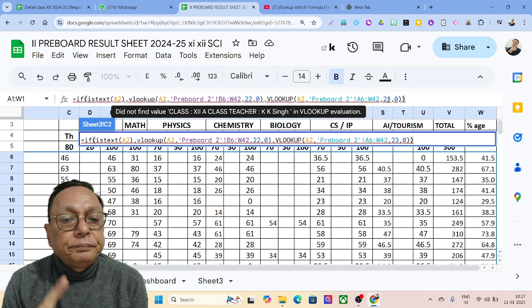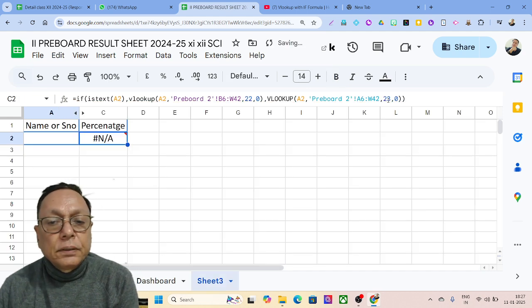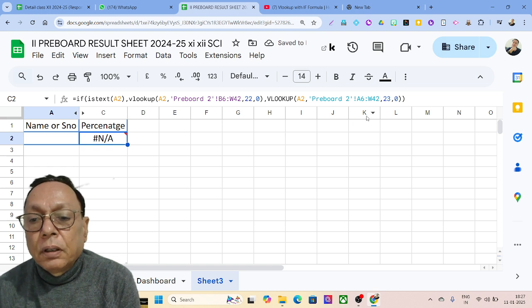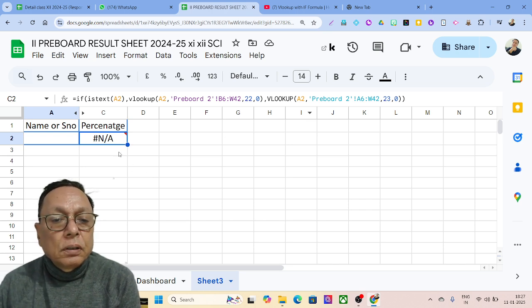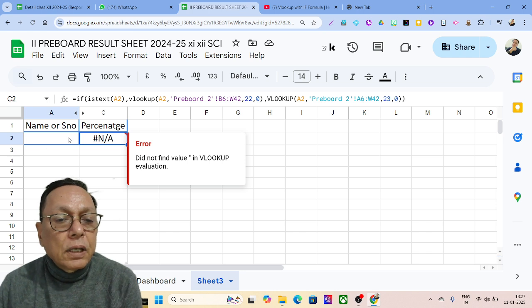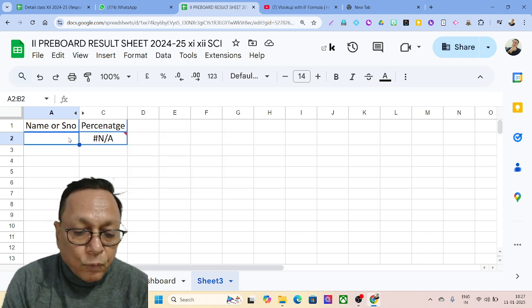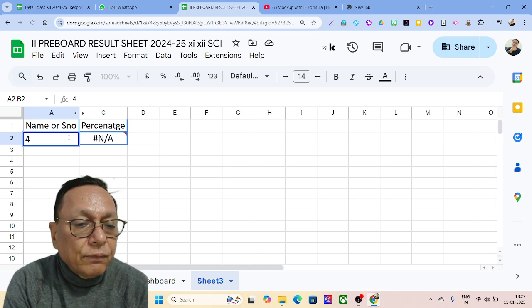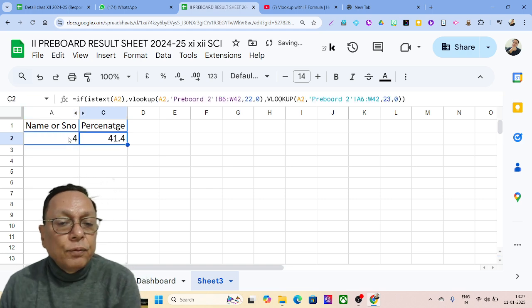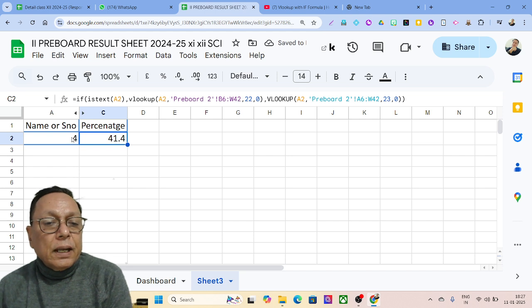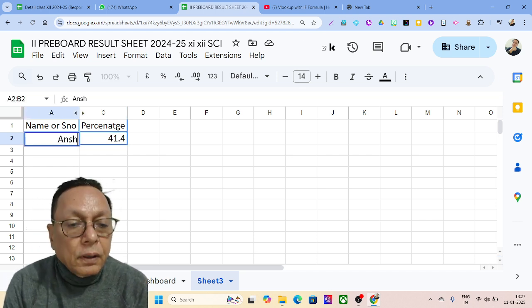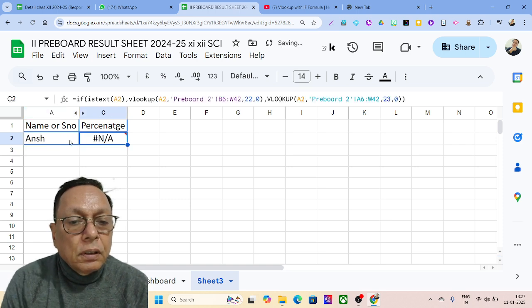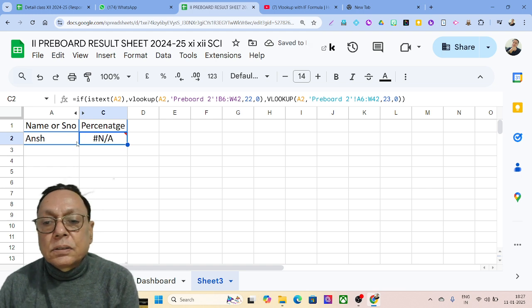and press enter. So this is not available. So why is this not available? I'll have to check, because I have not given any value here. So if I give the value here, it will give you the percentage. And if I give the name here, say Ansh, okay, again this is giving